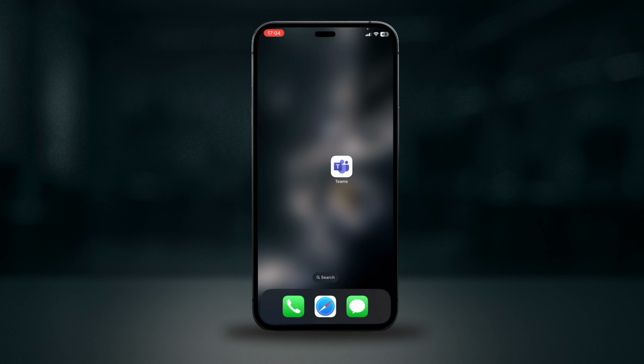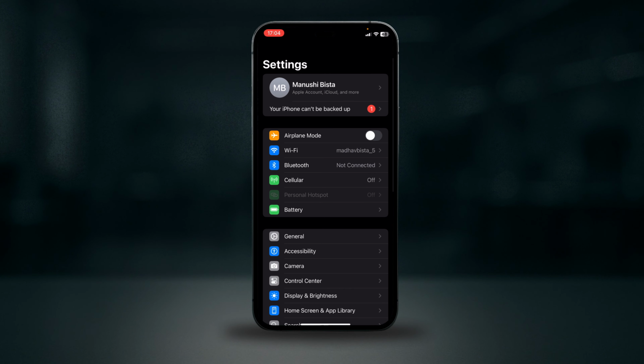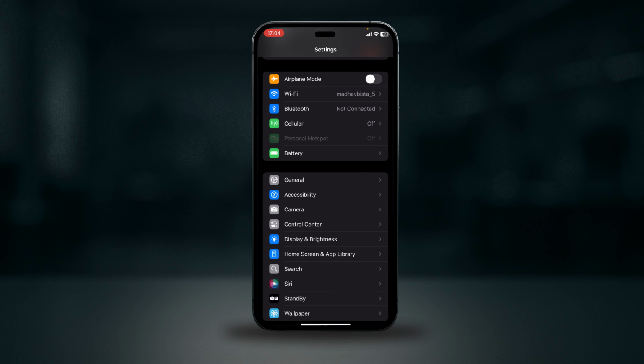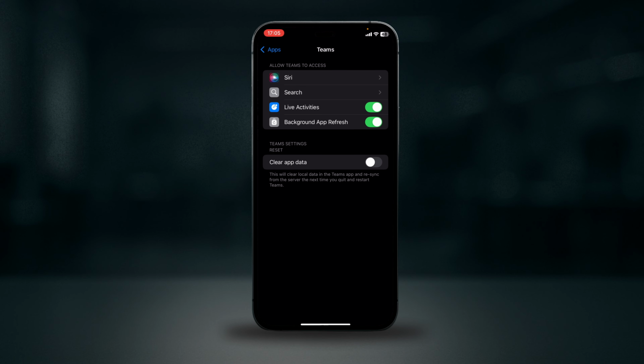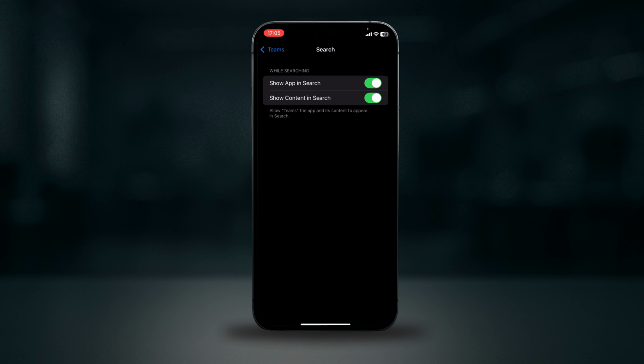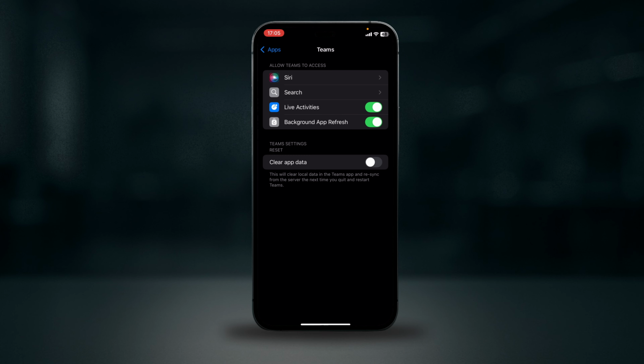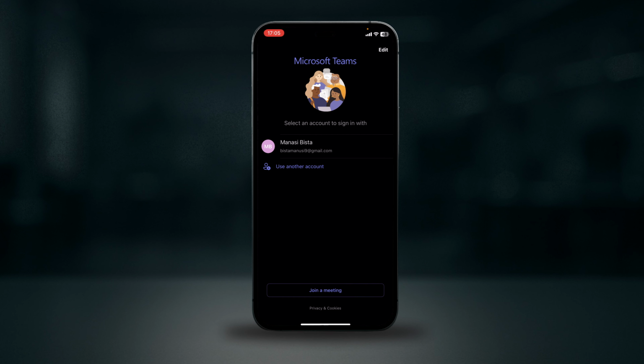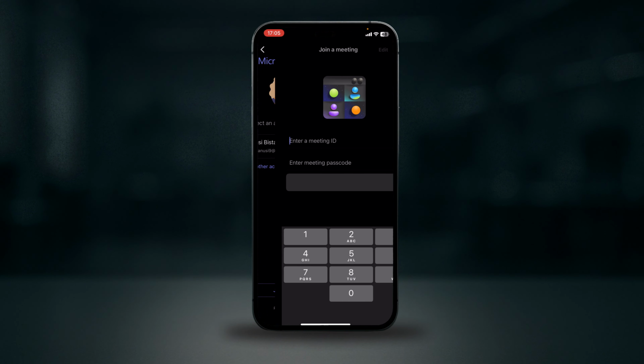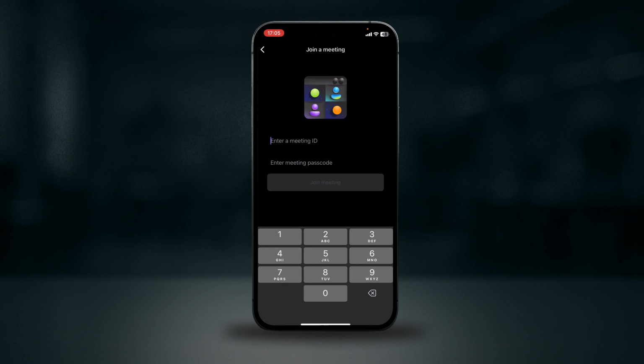So let's get started. First of all, open settings on your iPhone and then scroll down and search for Teams. Make sure you have given access to camera, and then now open your Teams app and then tap on the camera icon to make sure it isn't muted